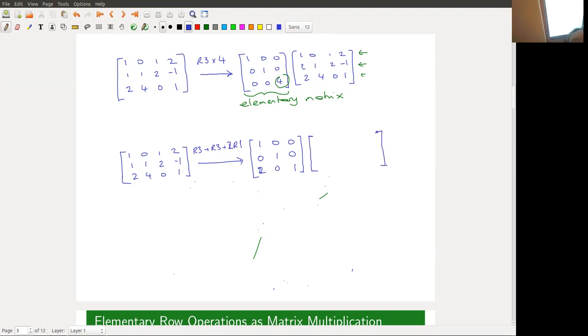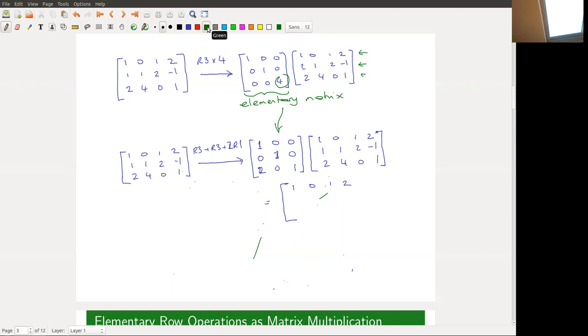2, 0, 1. When we fill in our matrix here, 1, 1, 2, minus 1, 2, 4, 0, 1. And we can observe that when we calculate this product, for each entry in the first row, it just gets hit by this 1, and it just survives exactly as it is. So we get 1, 0, 1, 2. Second row, each entry picks up this 1 in the second position of row 1. This is another so-called elementary matrix